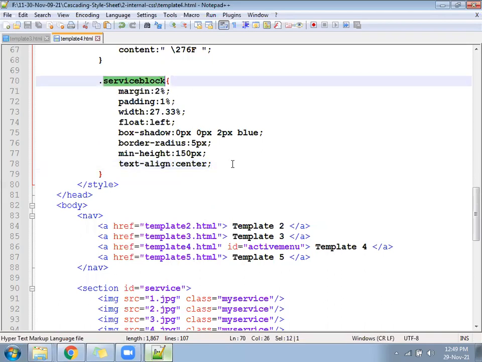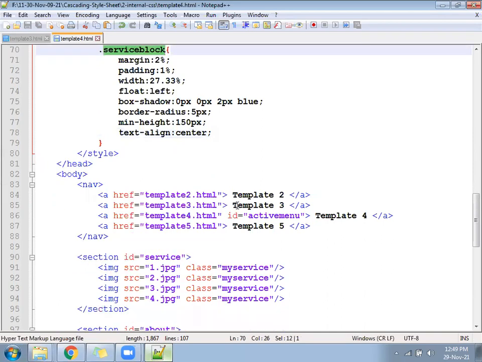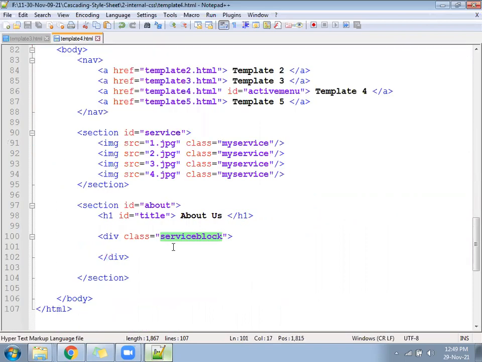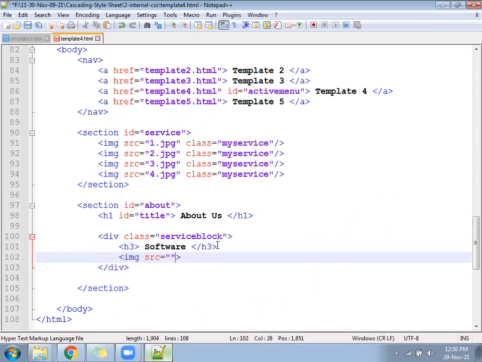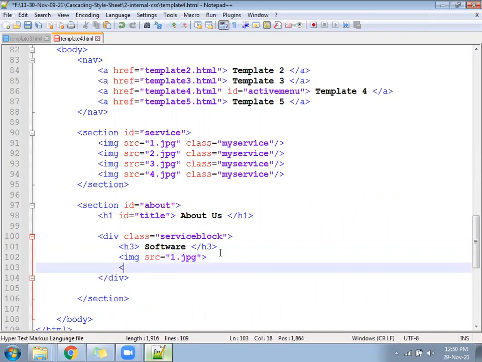Let's come now under the block. Which block? The service block. Inside the service block, there should be one heading on top, below it one photo, and below that some text. Three things. So under the service block you will write the H3, software, below it an image, img src 1.jpg, and again below one small tag.